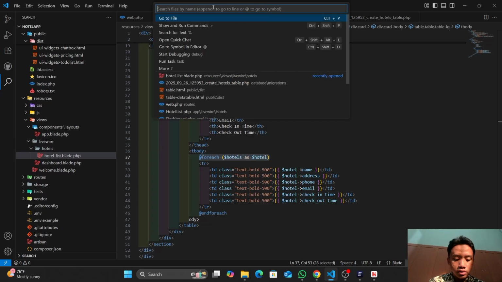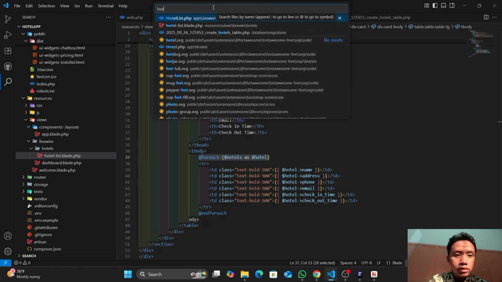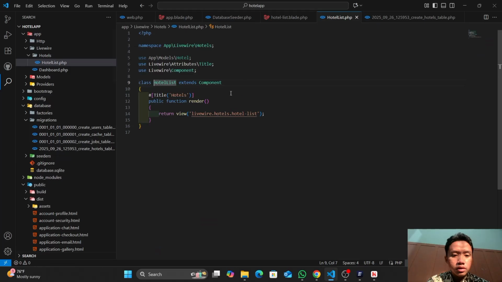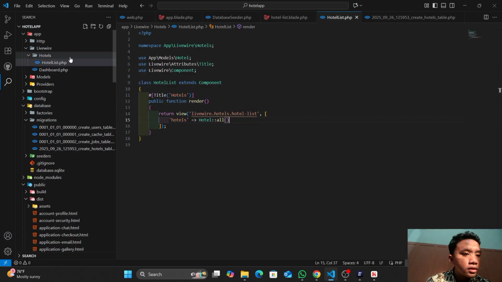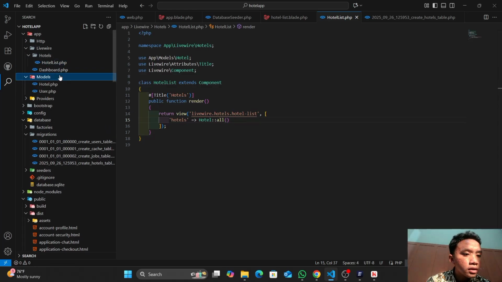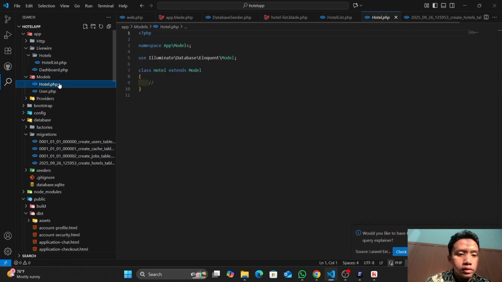All right, and migrate, check in time, check out time, right? And the table in the hotel list has to match with the data in the migration. That we don't have.